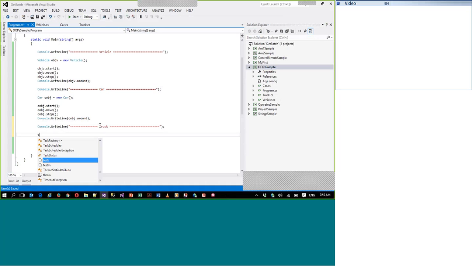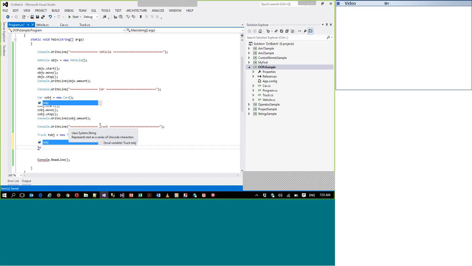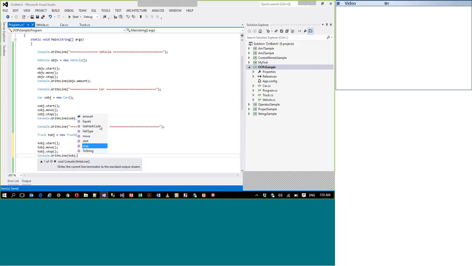Right? So let's say I have a truck. So tobj is equal to new truck. And then you have tobj dot, you can see, so I can use the vehicle class in any number of classes. I can have move, I can have tobj dot stop, I can have Console.WriteLine of tobj dot amount,